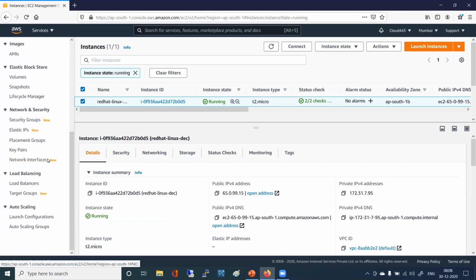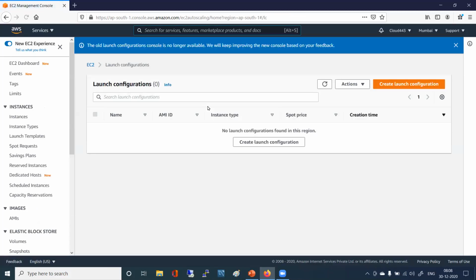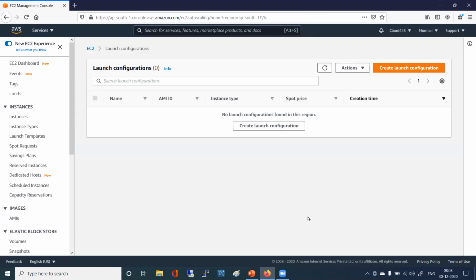Do you have the option? Auto Scaling. So what are the things here? Launch configurations and auto scaling groups. One is the launch configuration, or we can use a launch template in its place. If you click on launch configurations, you see what it says: the old launch configurations console is no longer available. We'll keep improving the new console based on your feedback. If you click on create launch configuration,